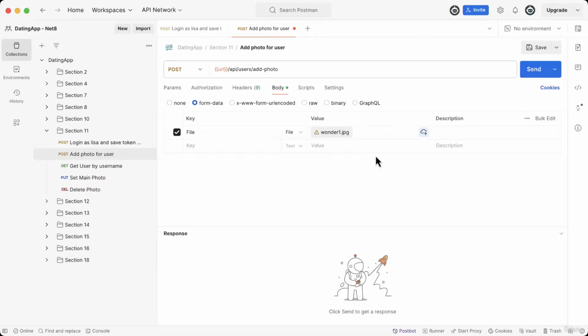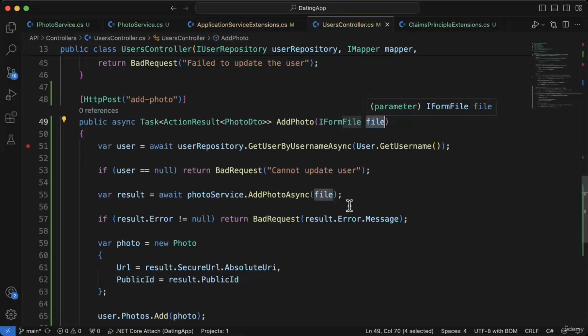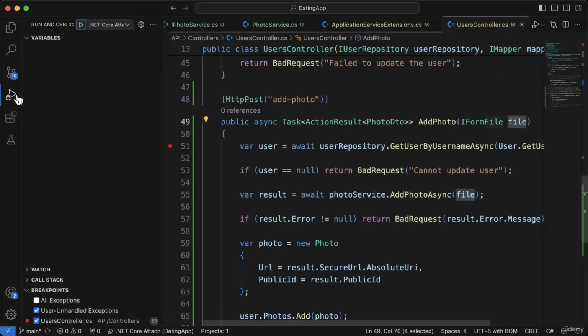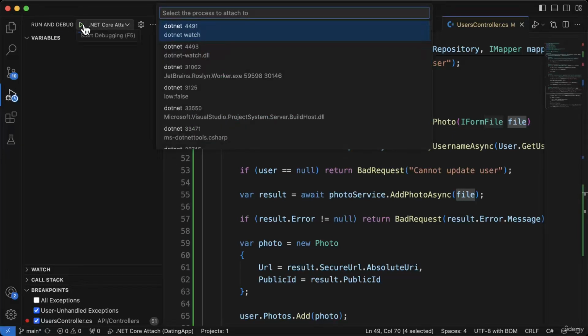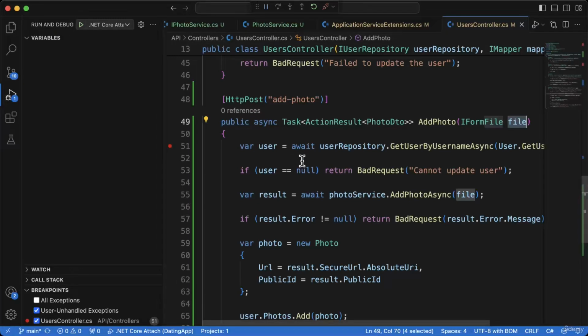So with that preamble out the way, let's now click send, and I should get taken to my API endpoint, and I didn't because I actually forgot to start the debugger. So at least that proves it was successful, because now we've got the response back from Cloudinary. But if we do run this through the debugger, I need to go and hit play and attach this to the process, so I'll search for API and select API, and okay, so the debugger's running